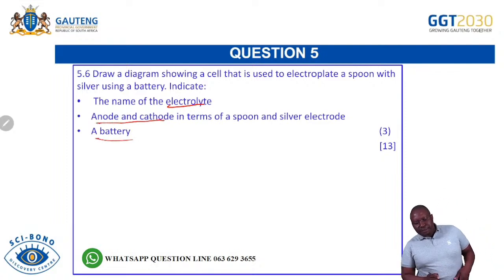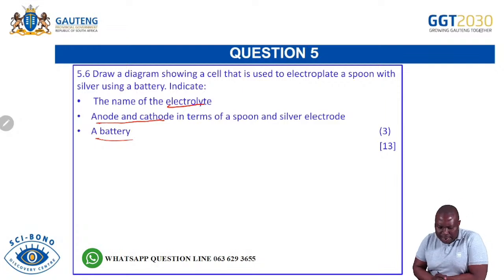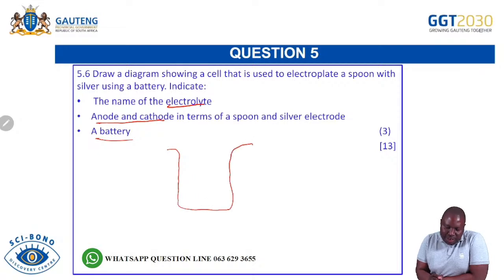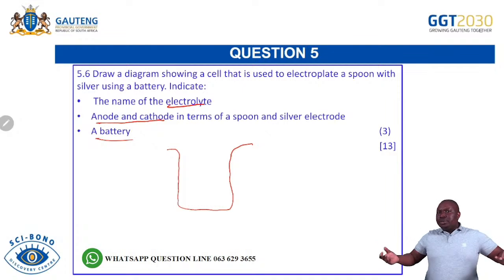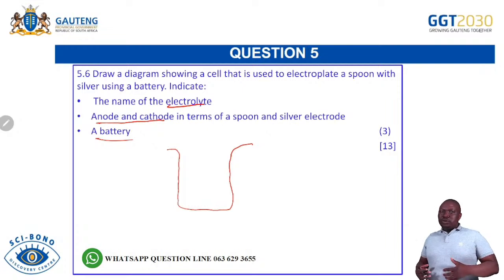Now, it's very important, learners, for you to remember that our electrolytic cells were having a beaker, one beaker. Inside that beaker, we definitely have, this is electroplating. So look at a situation where you are painting something, maybe metal or something. You want to paint that particular thing. That metal won't be doing anything. All that will be happening is that your paint will be decreasing, obviously, as you are busy painting.